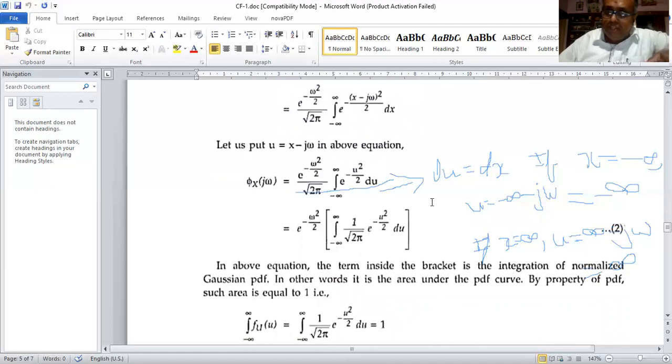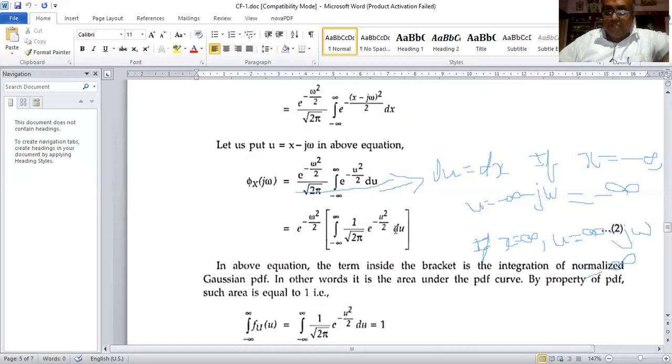Without 1 by root 2 pi, this will not be equal to 1. The integral of e to the power of minus u squared by 2 with respect to u, with limits from minus infinity to plus infinity, multiplied by 1 by root 2 pi is equal to 1. If you keep 1 by root 2 pi outside, and say that I shall only evaluate the integral of e to the power of minus u squared by 2 du to be equal to 1,